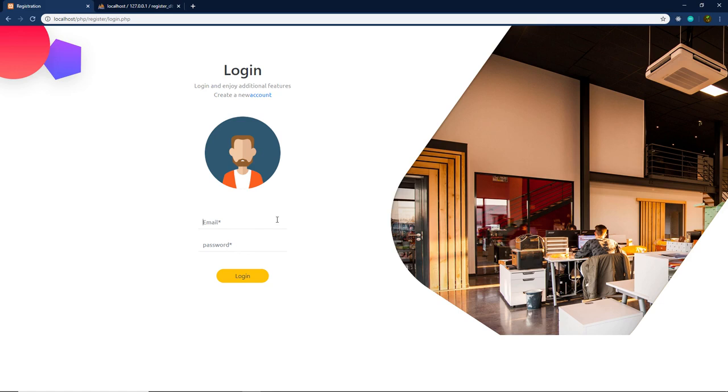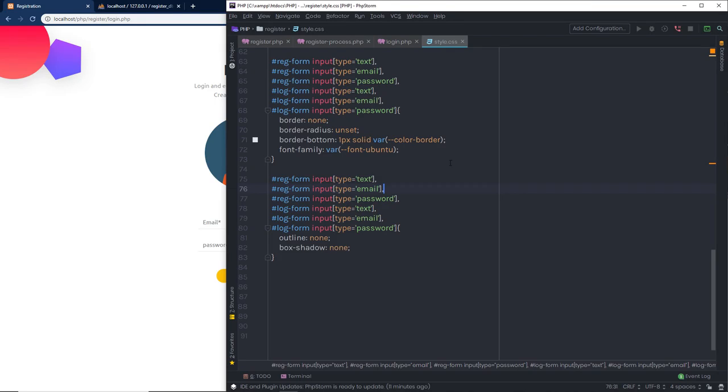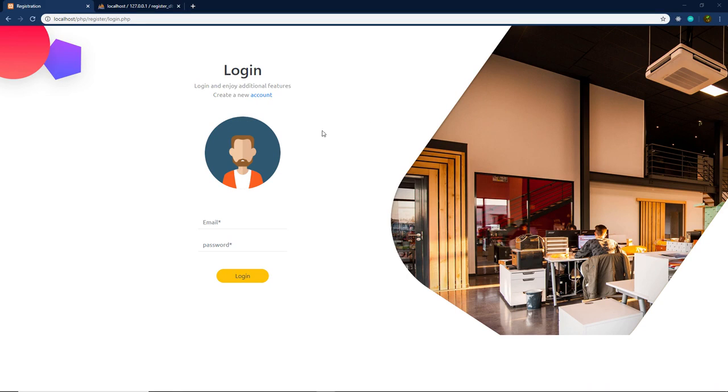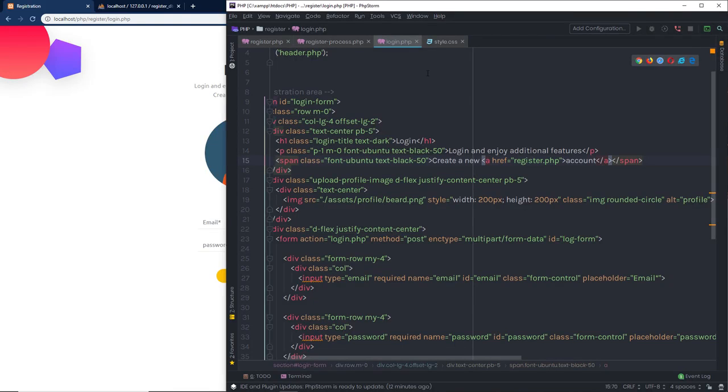I don't want to allow the user to autofill this email and password, so I'm not going to specify a value for this input email and the password. I just want to add some space between this create, so I'm going to add some space here like this. And now I just want to add some padding to this login, so I'm going to go back to